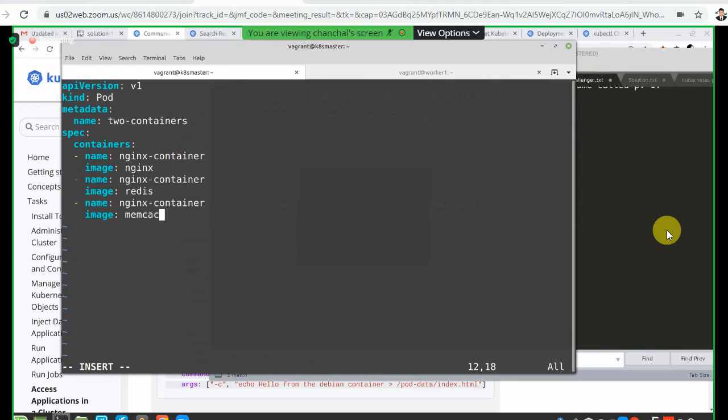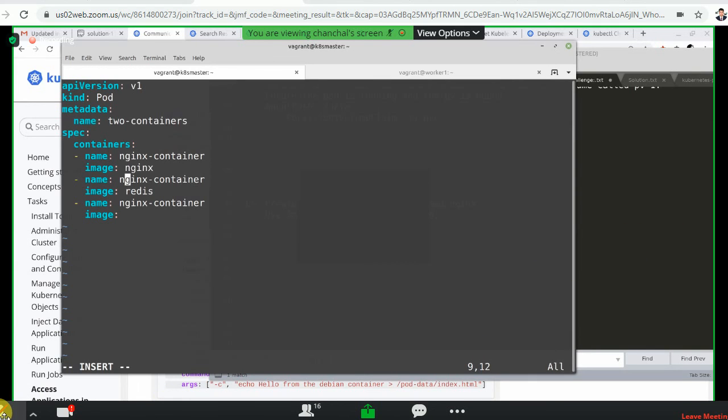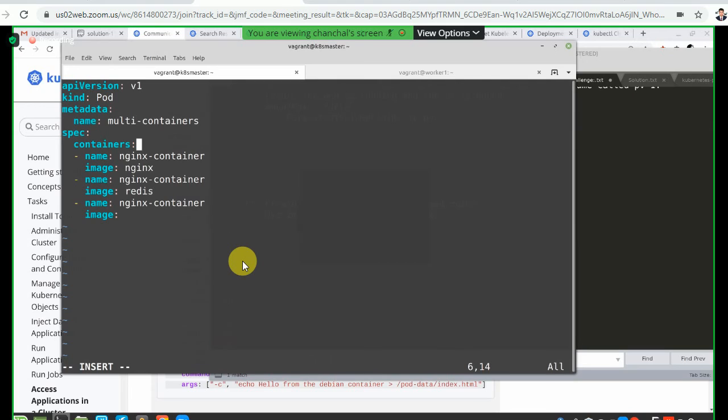So change the name, please, just to avoid a clash. I mean the name in the metadata. That is right. Instead of two, you just mention multi-container. Okay, let's make it multi-container, because the pod will show as two, right? And we have three.